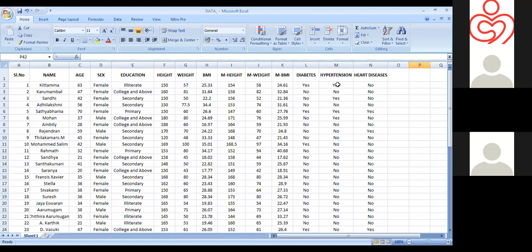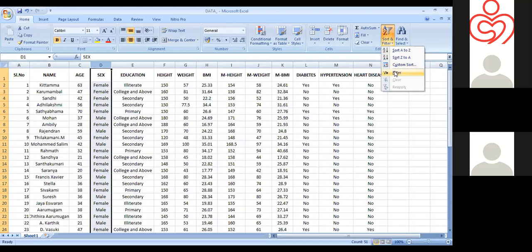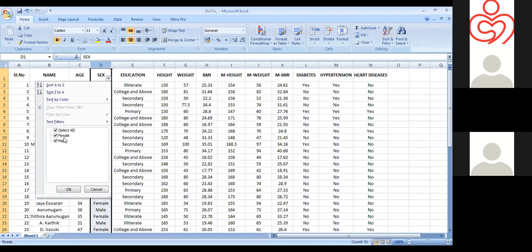So as we discussed earlier, you can see that we are entering the data properly. Suppose we check the sort and filter. Only two categories will be there, male and female. All the data entry is such that the first letter will be capital and the other letters will be in small letters.